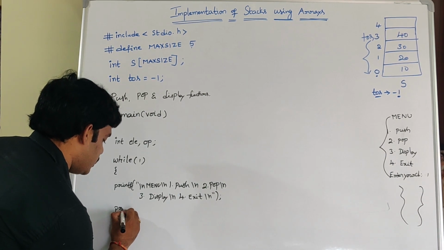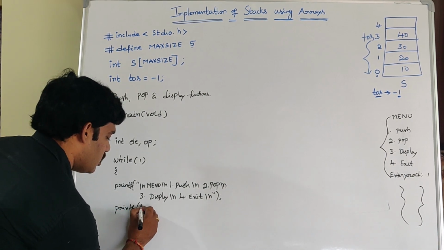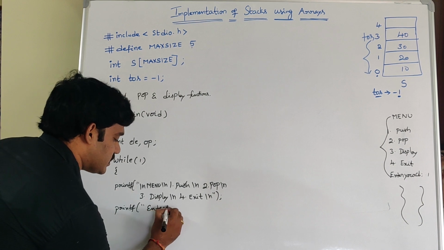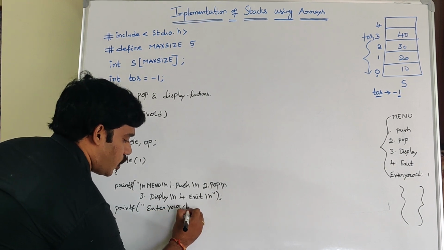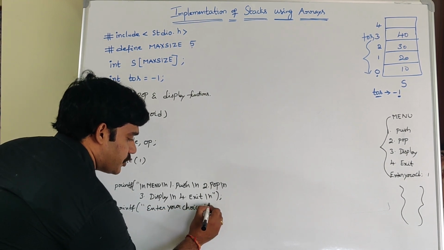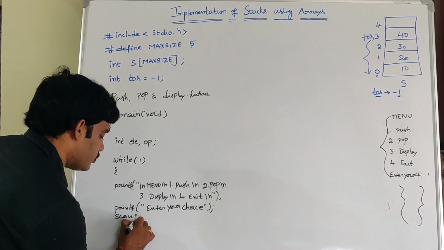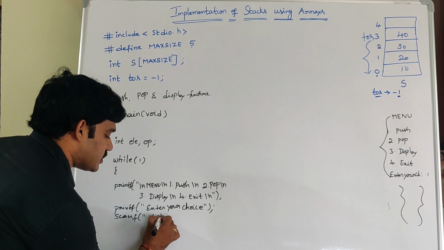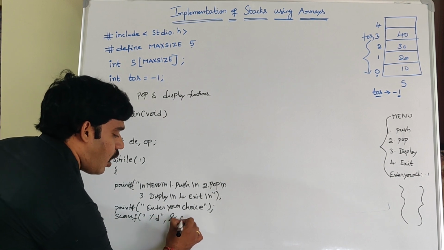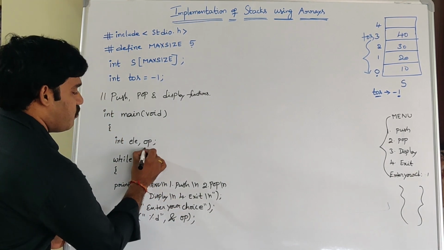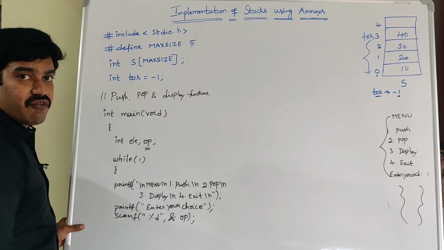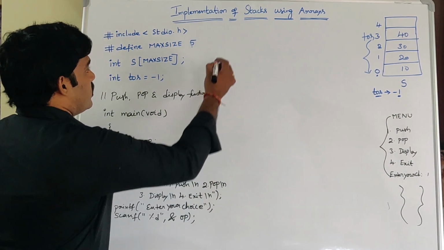Next I am asking the user, printf enter your choice, whether it may be 1, 2, 3 or 4. So scanf %d comma &op, option. For that purpose I am declaring a variable op. Next,